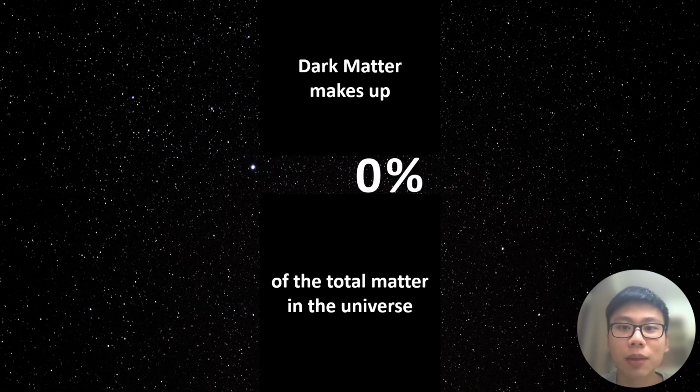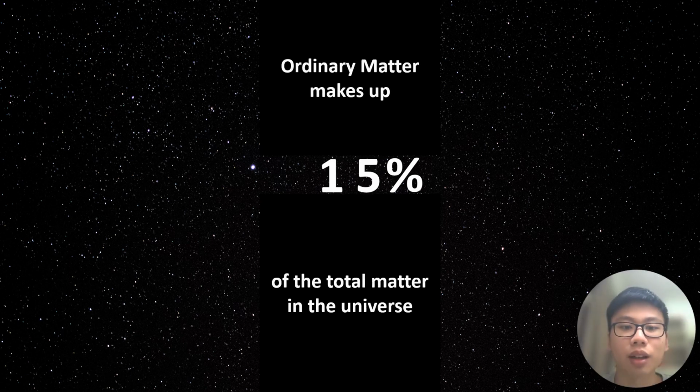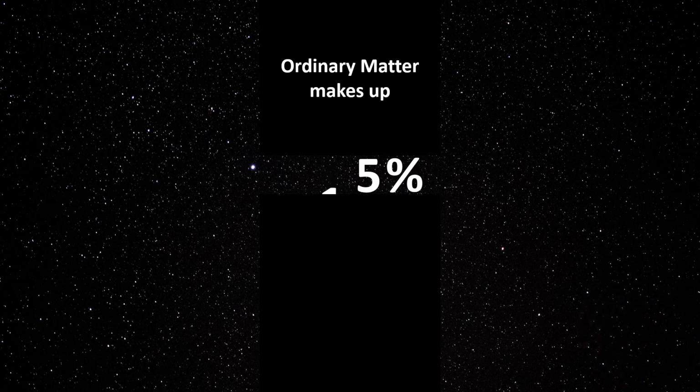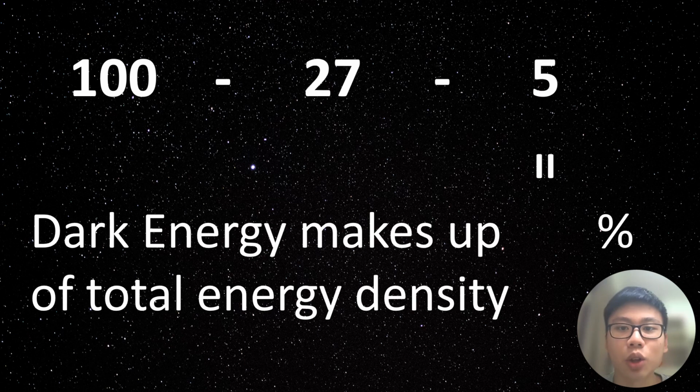Dark matter makes up about 85% of the total matter in the universe, and about 27% of the total energy density. The rest is ordinary matter, the stuff that we are made of and that we can see and touch. Ordinary matter makes up about 15% of the total matter and about 5% of the total energy density. The remaining 68% of the total energy density is dark energy, another mysterious component that is responsible for the accelerated